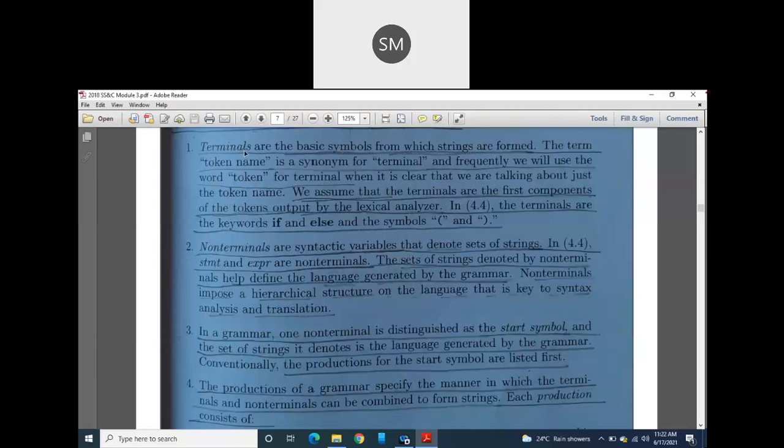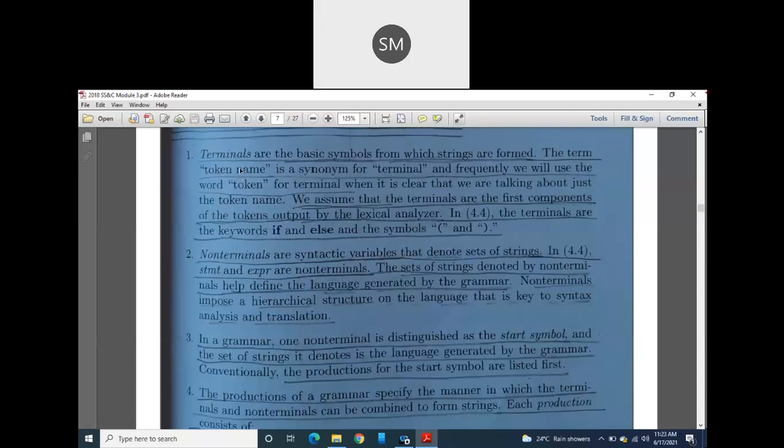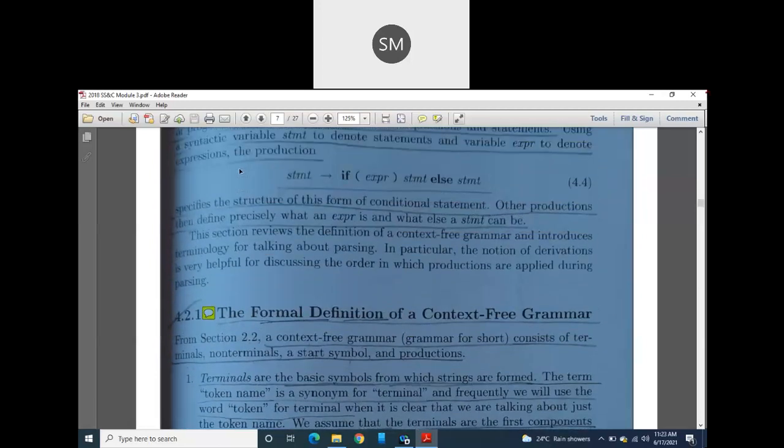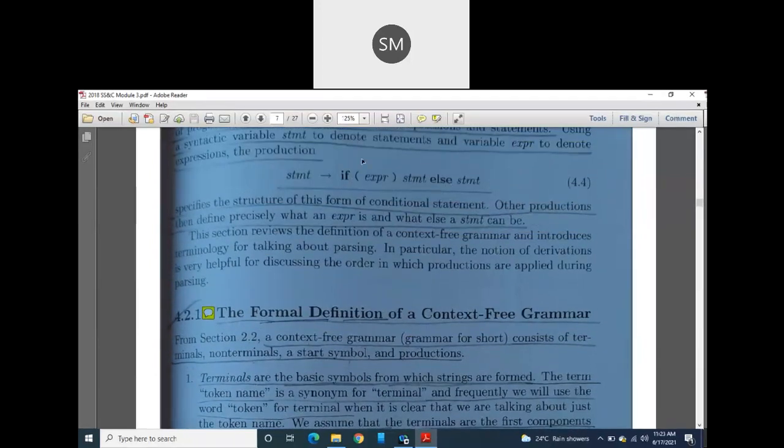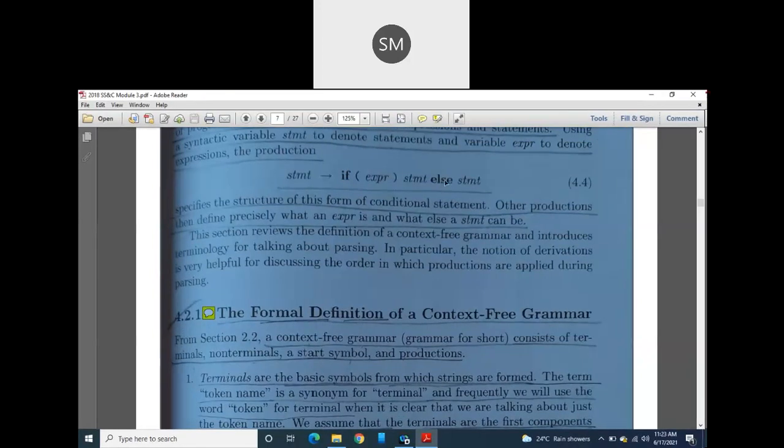Usually in our compilation process, whatever we are now calling token, token, token, those tokens are nothing but these terminals only. So you can give the alternative name token for these terminals, or you can call it a token name. Terminal is nothing but what here? Token name. In the previous example, if and else are both terminals. We need not define them once again. You can call them terminals and you can call them tokens: token if, token else, token open parenthesis, token closed parenthesis.